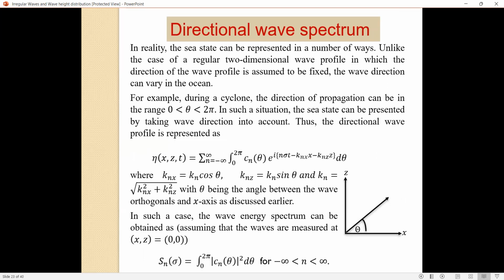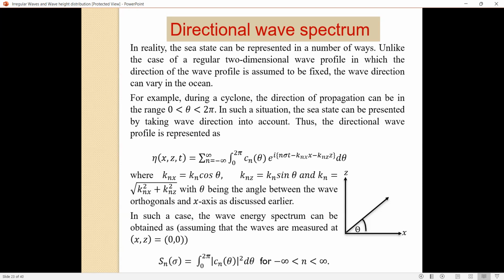In the same way, this was for a one-dimensional wave. What will happen for a two-dimensional wave, where I am in the middle of the ocean with a structure? I want to calculate the wave load on the structure. The wave can attack from any angle, anything between 0 and 2 pi. Because I have a cylindrical offshore structure, my wave can attack in any direction.